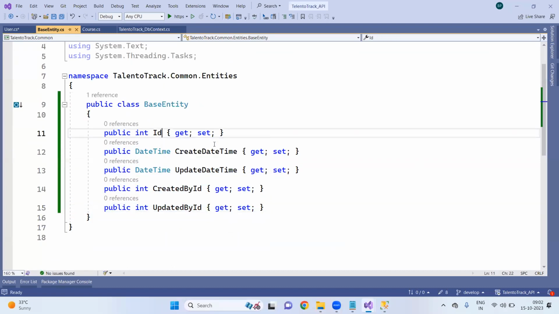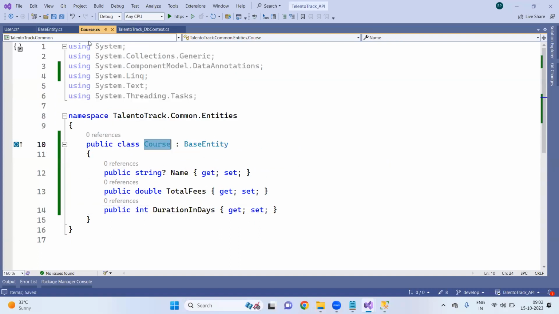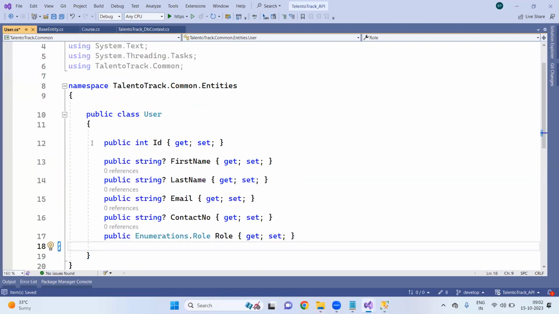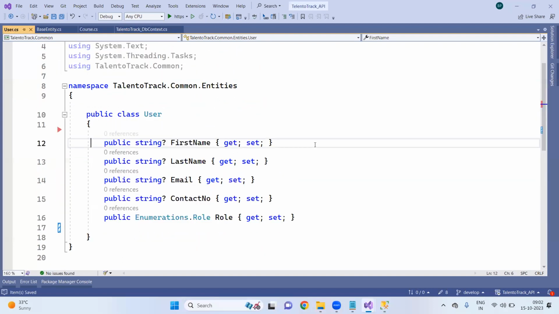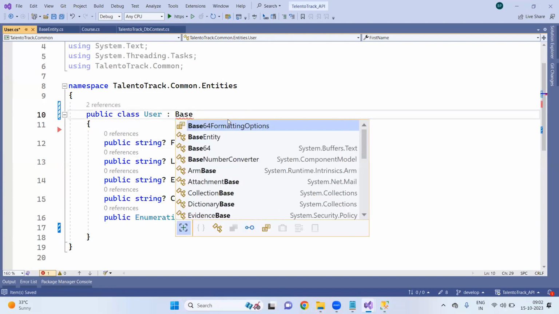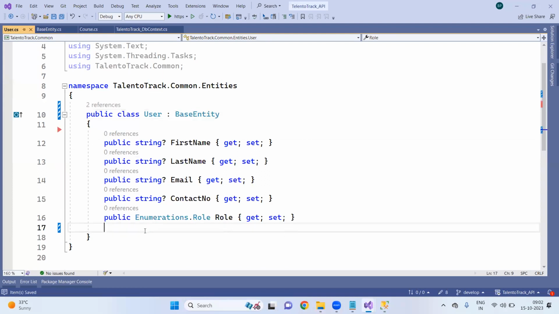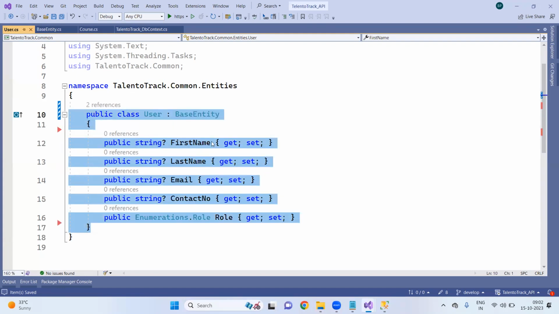So this ID, created date time, updated date time, created ID, all these things will be automatically available in the course as well as user. User also does not need ID and all, so I will remove that, and then we'll just inherit that from the base class, base entity. This way you don't have to write ID, created by, updated by, date and ID. Those 5 columns you don't have to repeat in every entity class. You just have to